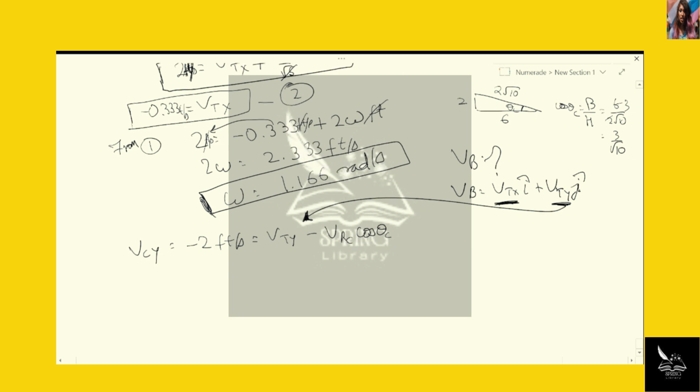So cosine theta C. Now, minus 2 feet per second equals VTY minus, we know that VRC, we calculated it, VRC was 2 omega square root 10 feet, and then cosine of theta is 3 over square root 10. The square root 10 cancels,